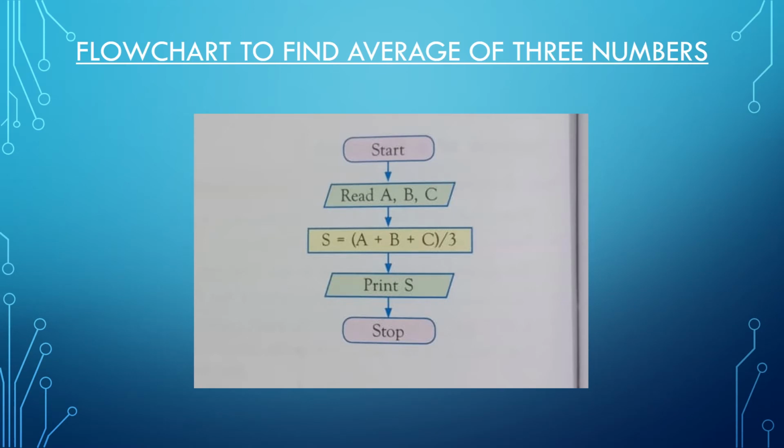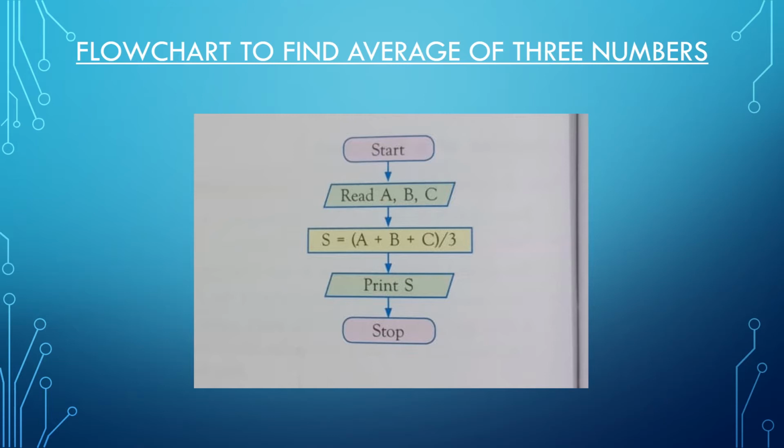So dear students, every flowchart starts with the start box and ends with the stop box, which is represented in the rounded rectangle form. Inputs and outputs are written inside the input-output box, which is represented with the help of a parallelogram. The calculation work, the processing, is done inside the process box, represented with the help of a rectangle.